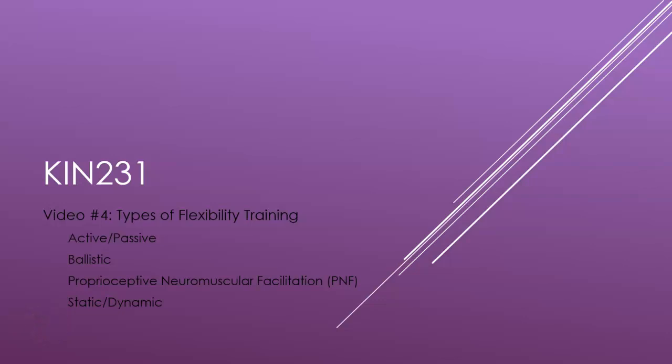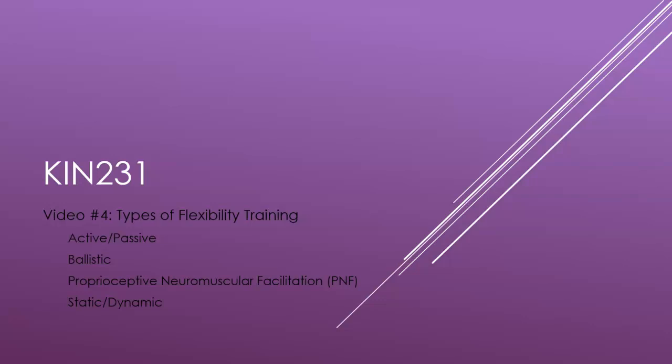Kinesiology 231. This is video number 4 regarding flexibility, and specifically, this is different types of flexibility as denoted in the book. They do a pretty good job of juxtapositioning active, passive, static, and dynamic. They also do provide some insight regarding ballistic and PNF protocols. I'm going to get a little bit out of sequence in this presentation relative to the book, just because I think there's a couple bullet points that we could derive a little more benefit from if we have this out